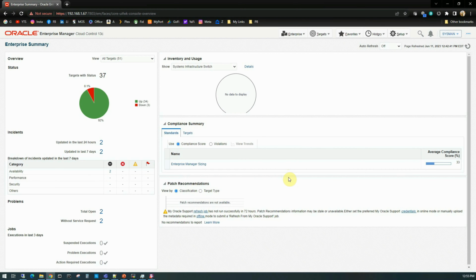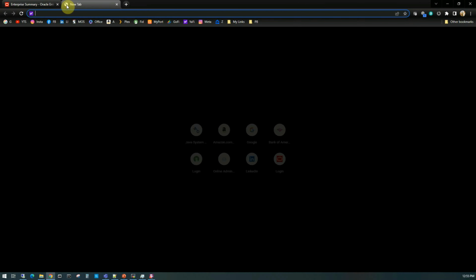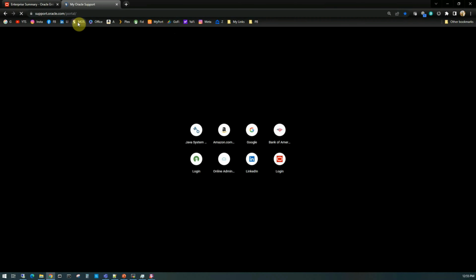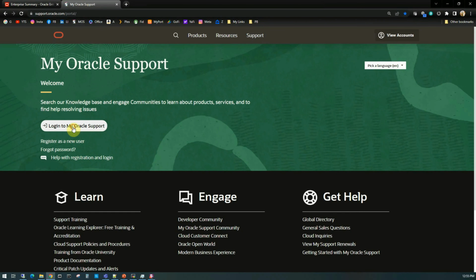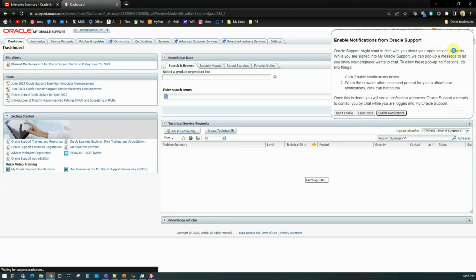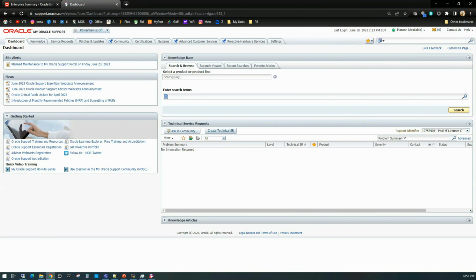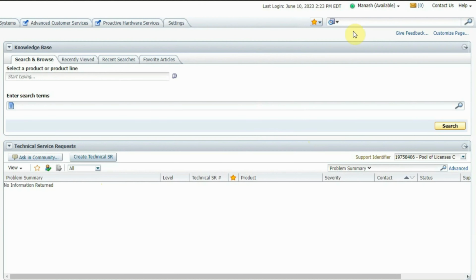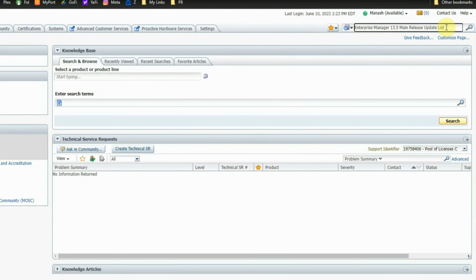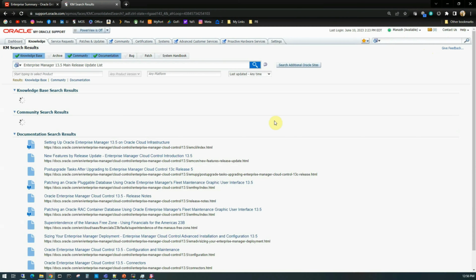Let's close it. In terms of security and bug fixes, this is obviously not a good practice to stay in the base release. Now to check what is the latest release update available for us to be applied in our OEM 13.5 system, we will log in to My Oracle Support and search for the available release updates. Using my credentials, I am logging into My Oracle Support, and in this search box, I'm searching for this particular string, Enterprise Manager 13.5 main release update list. Press enter, and it will give a list of items,